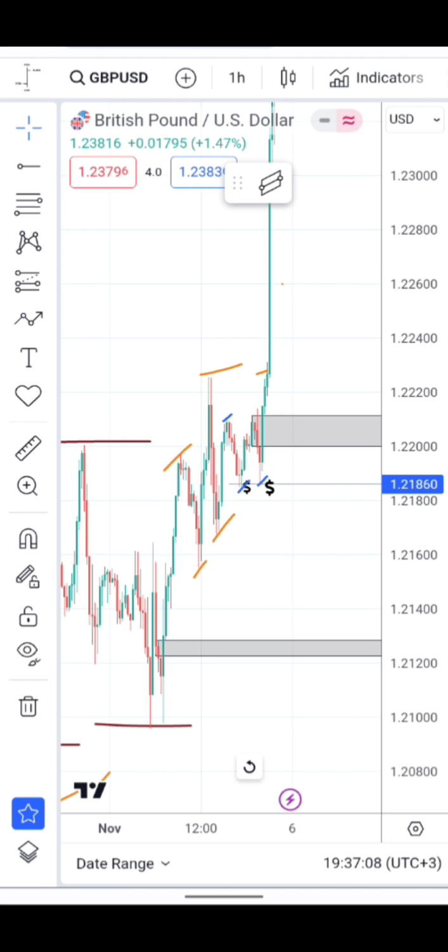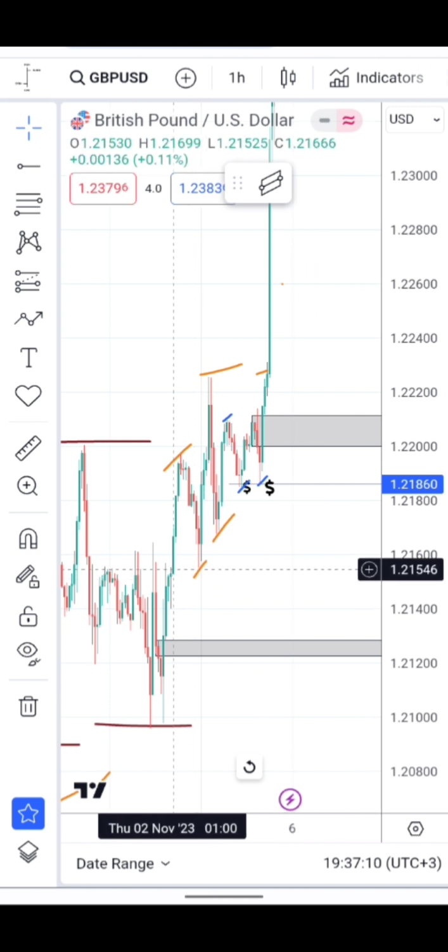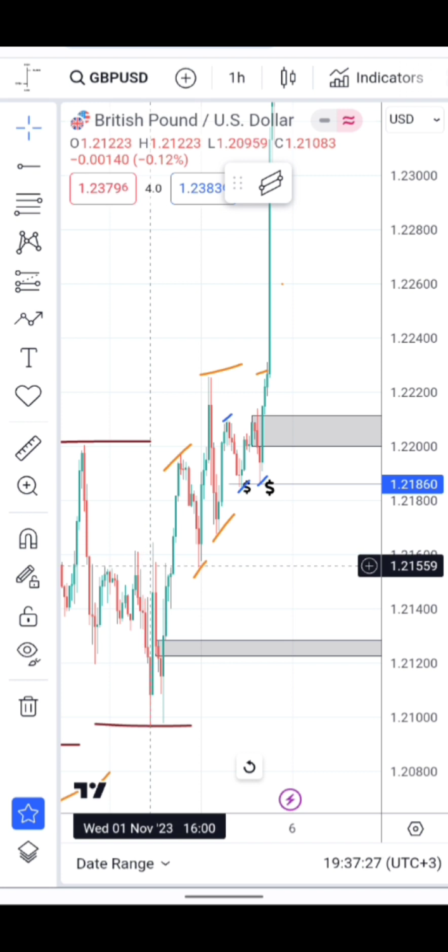Probably a shift in structure on 1 hour to come for this fair value gap here, the November 1st 9 p.m. But still on 4 hour, that will still be bullish because it has to respect this 1st November 4 p.m. low. If it violates that, structure would have shifted on 1 hour and 4 hour. So I'll be looking forward to see shift in structure on daily as it aligns with the weekly and monthly. Until then, I'm still bullish on